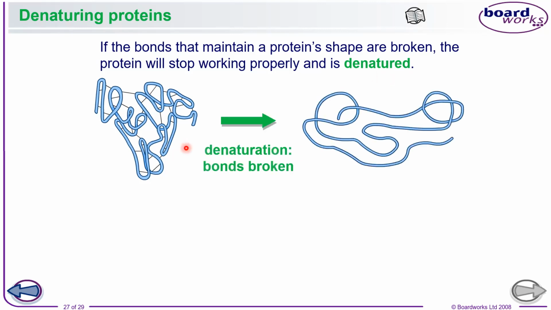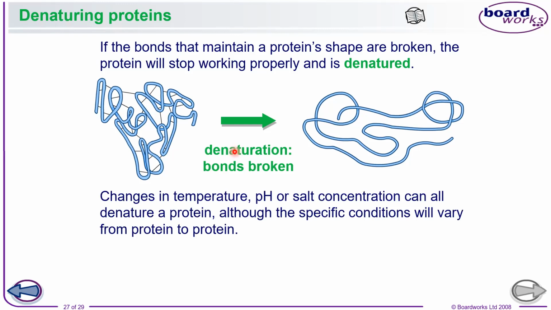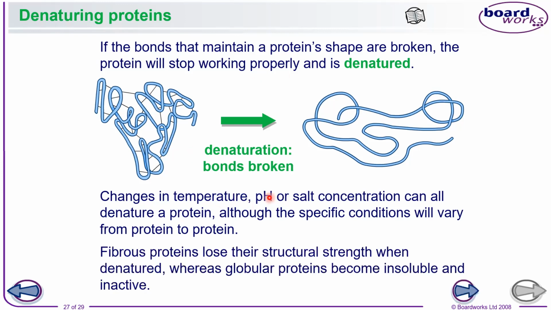So in denaturation beta, the uncoiling starts. So the primary structure is what will be left. It depends upon to what extent the denaturation has happened. It can be due to high temperatures, it can be due to very high or very low pH, and the third is salt concentration. They can also denature a protein. But again, every protein has different properties, so denaturation will differ according to whatever the cause of denaturation is.